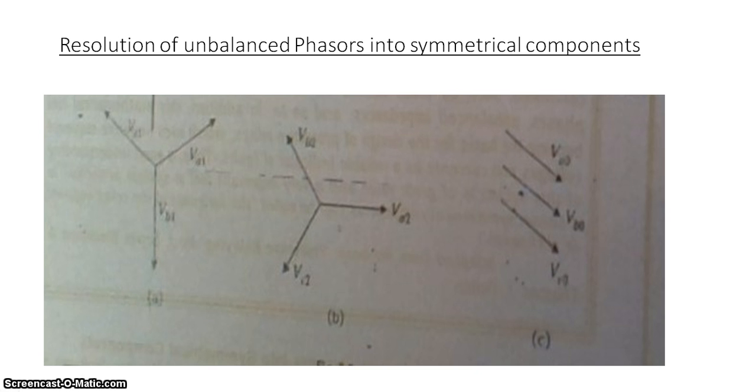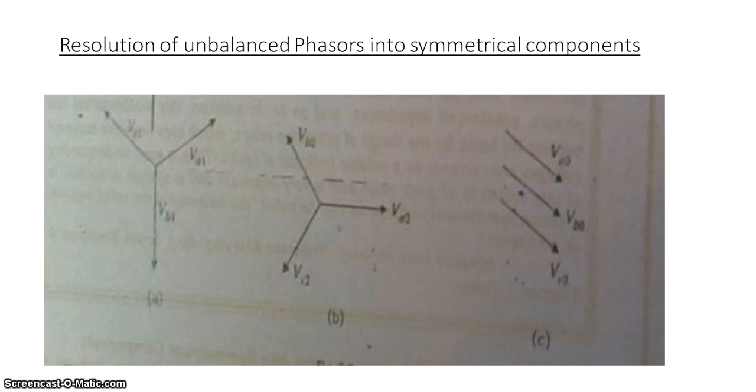Similarly, the same operator can be used to handle multiples of 120 degrees. a squared indicates a 240 degree angle, a cubed indicates a 360 degree angle, and a to the fourth is equal to a, the same as a 120 degree angle. This operator can be used while deriving the equations. This reduces the complexity of the equation and is a simpler form of expressing it.